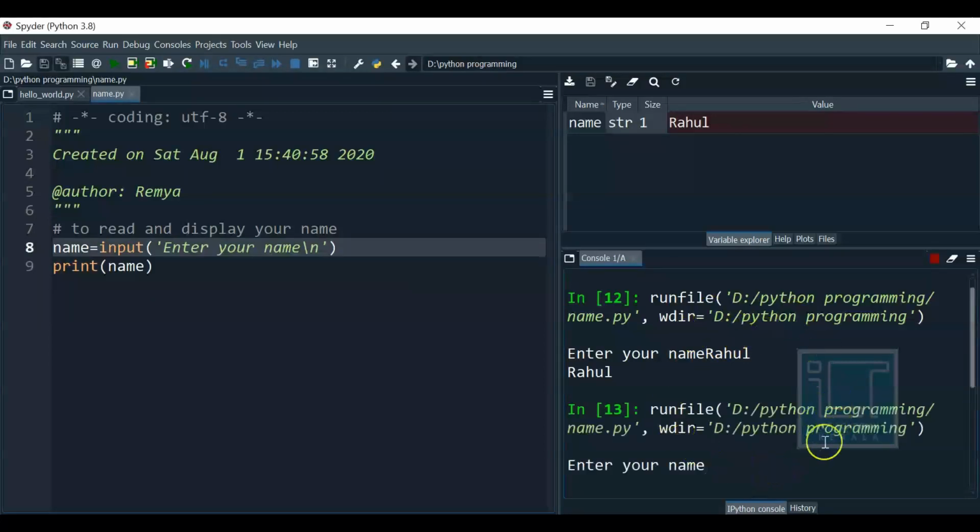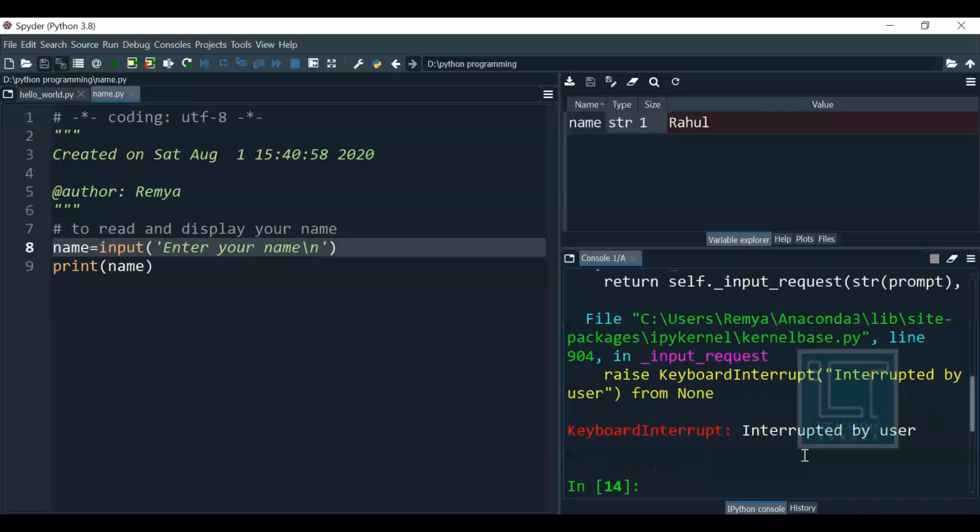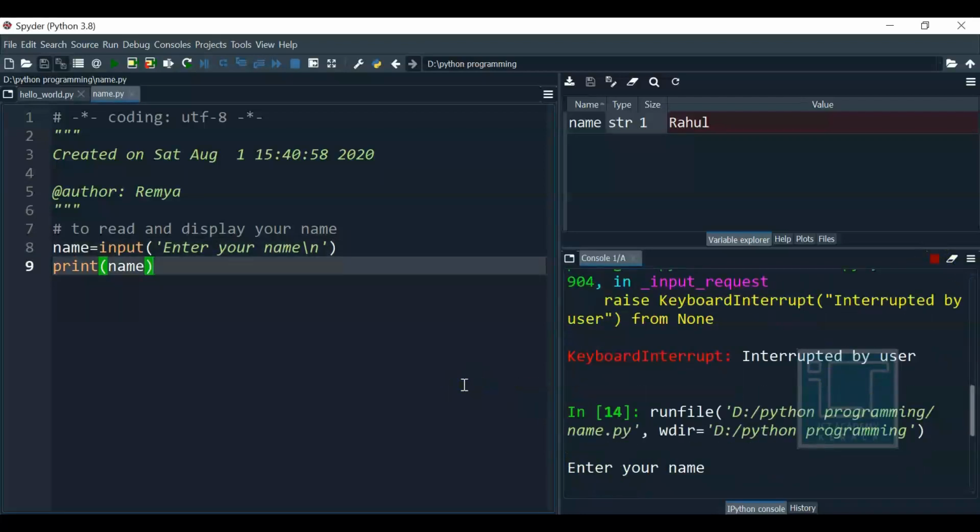Suppose I want to come out of this execution mode now without moving further. What I can use is a combination of Control C for coming out of that execution mode. I will show you once more. Okay, I am entering into the execution mode.